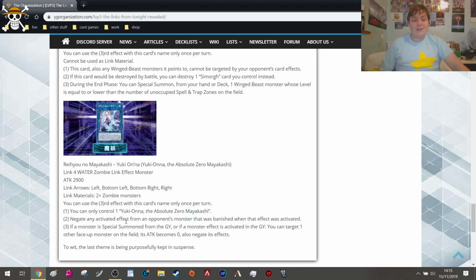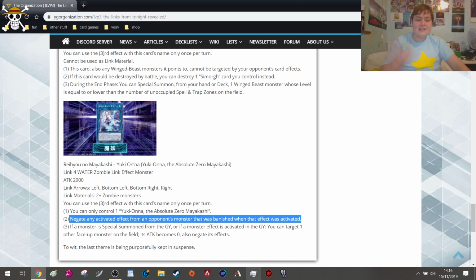Negate the activated effects from an opponent's monster that was banished when that effect was activated. So basically, it stops something. This effect is interesting. I want to talk about this for a second. It prevents stuff like Thunder Dragons, Shiranui, any effects that would activate in the banish zone. It's really cool. So it doesn't stop stuff like Orcus that...